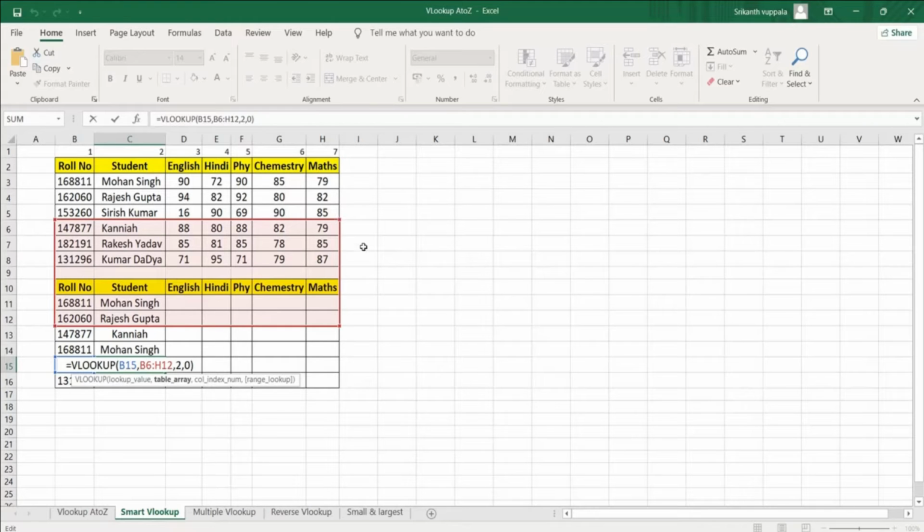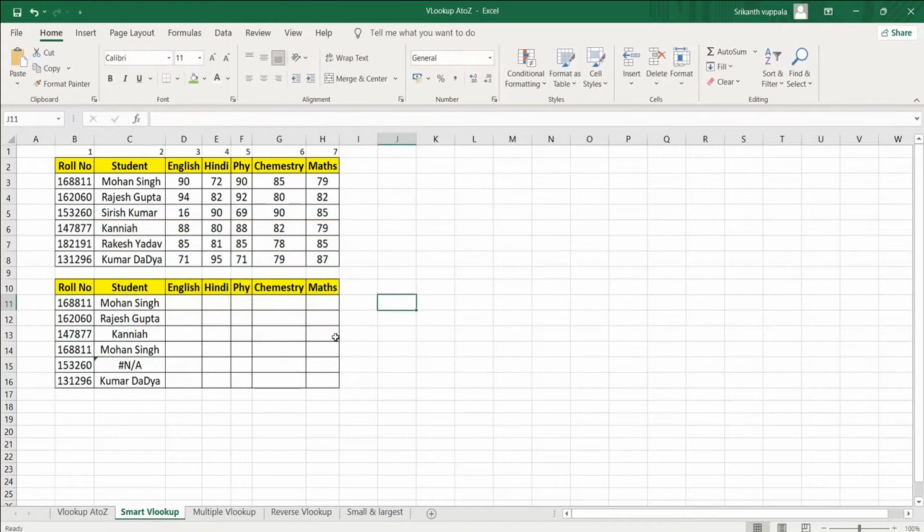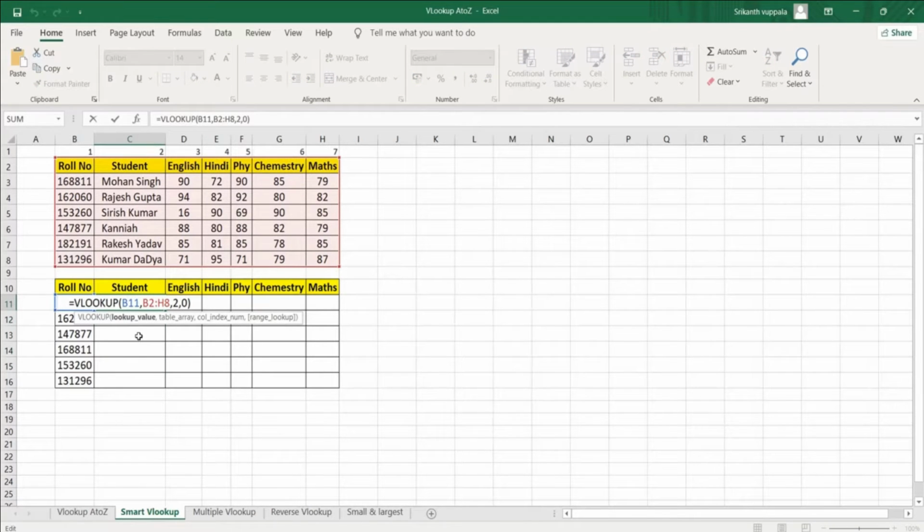So what we need here is a lookup formula which should be smart enough so that the range should not get updated. For that, let me delete these values, go to the original formula, and double click here.